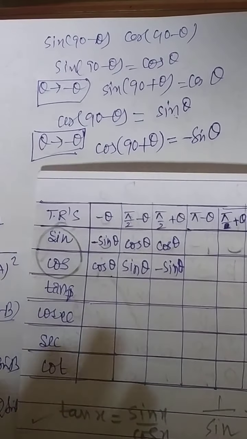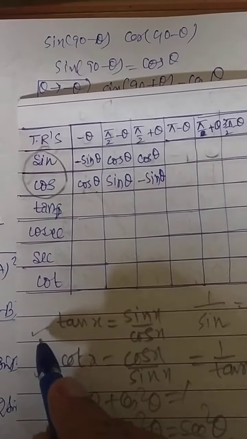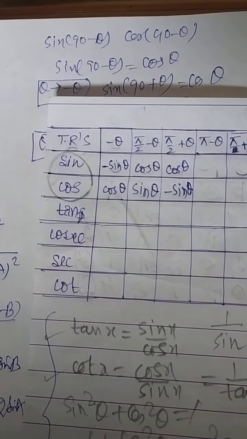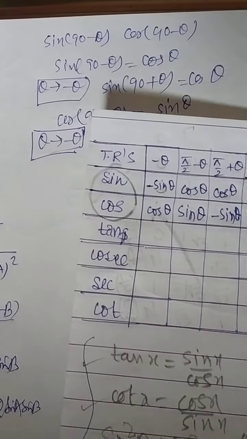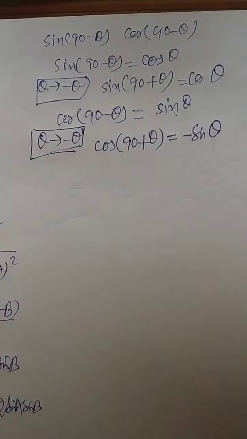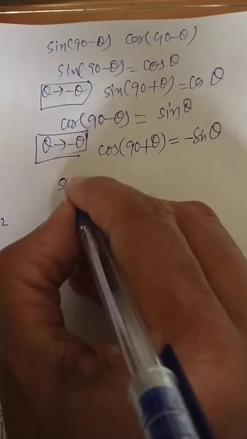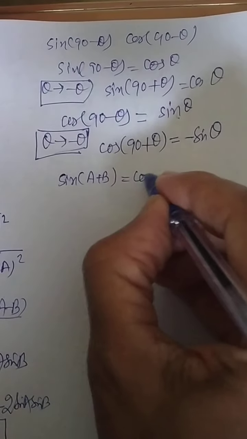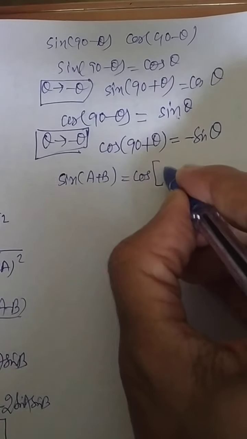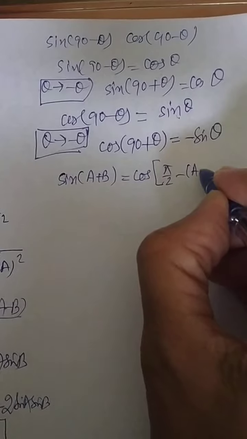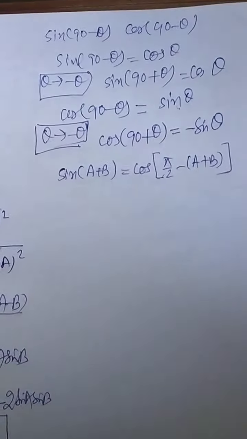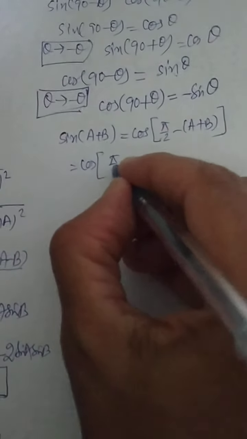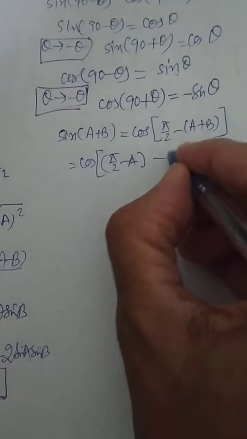Okay. Apart from that, these are the basic things which you learned earlier. Now there are new remarks coming, the two remarks which I have shared just now. Then the question arises whether we have a formula with the sign. Suppose you are asking me what is sin of a minus b, then I can write it as cos of pi by 2 minus a plus b. Do you agree up to this? It can also be written as cos of pi by 2 minus a minus b.